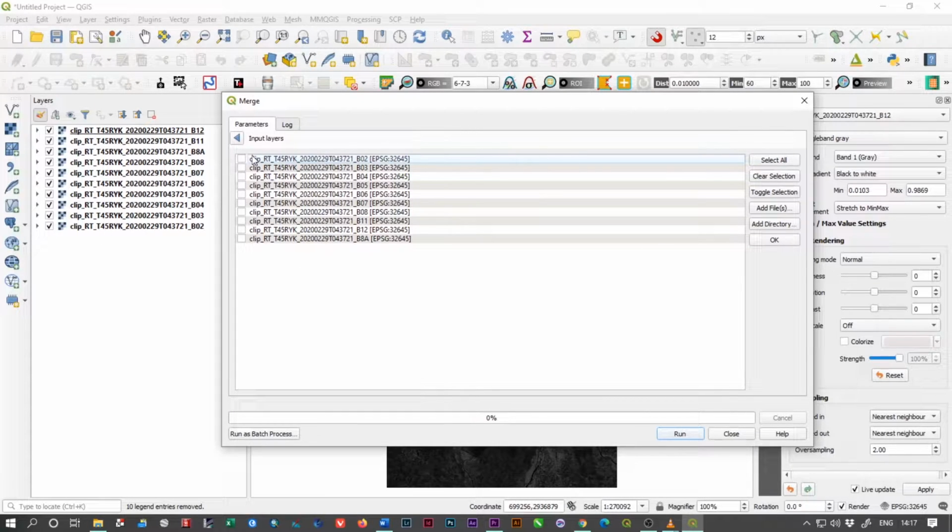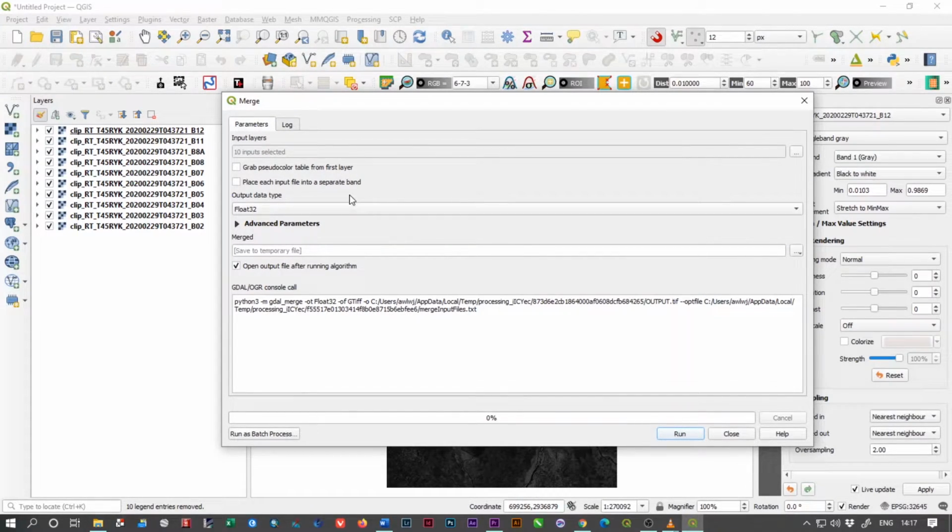I'm going to select one by one, or you can click the select all option from here, and as you can see all the layers are selected. Don't click run over here, just click OK.